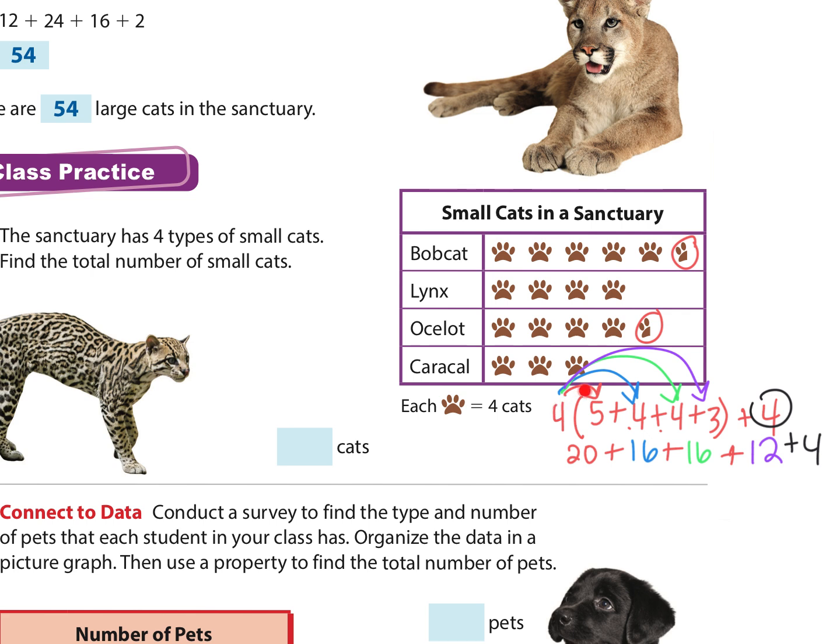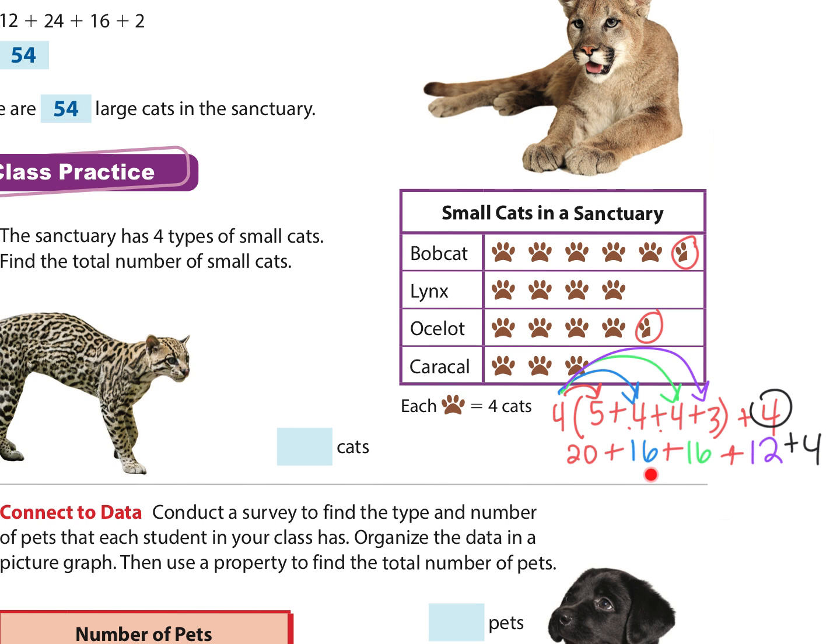You can see how I color coded. 4 and 5 makes 20. 4 times 4 is 16. 4 times 4 is 16 again. 4 times 3 is 12. And then I tack on that 4. Now I just do what? Add. Combine it all together. Add it all up. Okay, so when I do that, I have